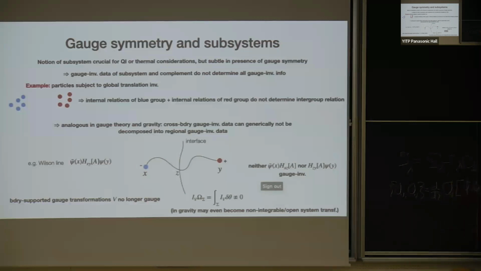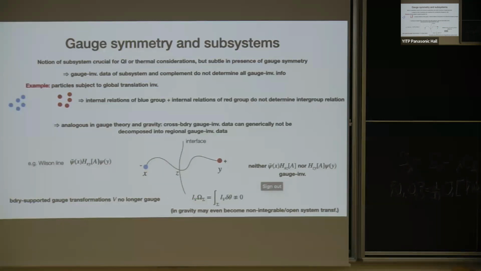Another thing that happens is when you come from the global perspective and go to a subregion perspective, and you look at the symplectic structure and at transformations that are gauged with respect to the global theory. When you now look at those for the subregion theory, where I just cut it, they turn out to no longer annihilate the presymplectic structure, so they don't correspond to degenerate directions I'm going to factor out when I build a physical phase space. That means in particular that these transformations, which correspond to gauge transformations that have support also on the boundary, become physical in a sense.